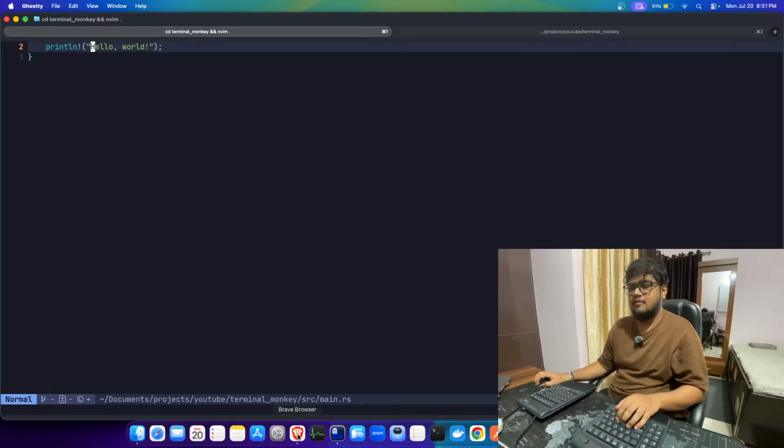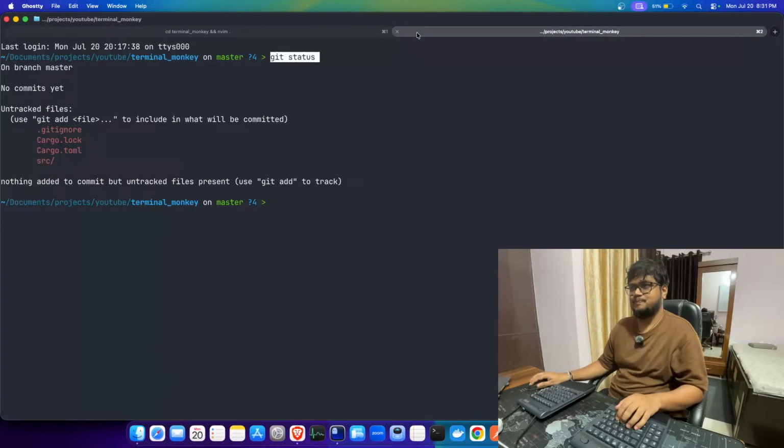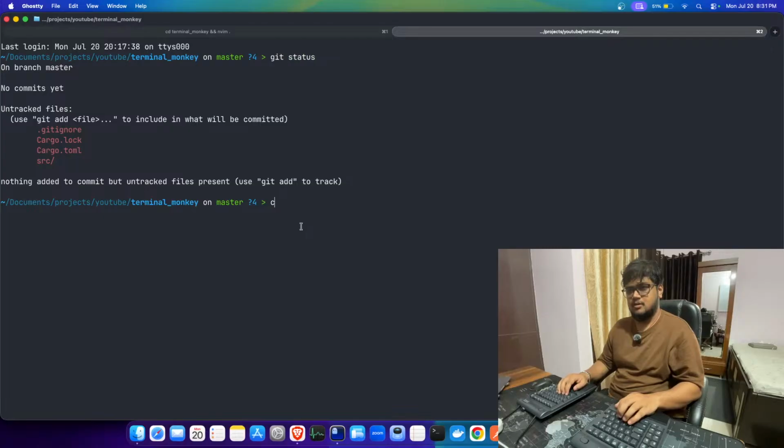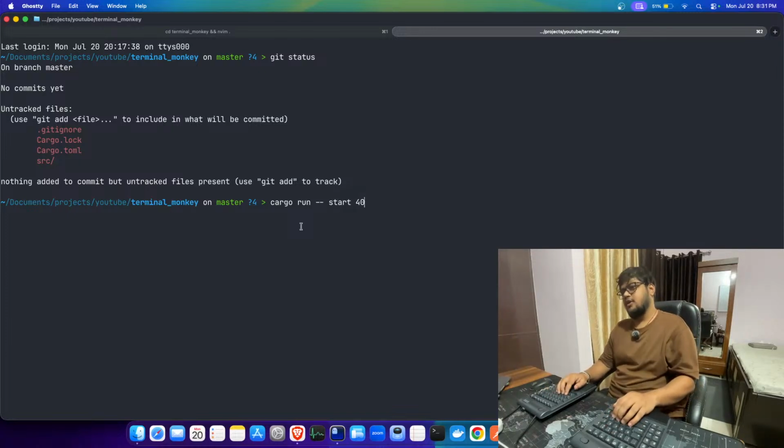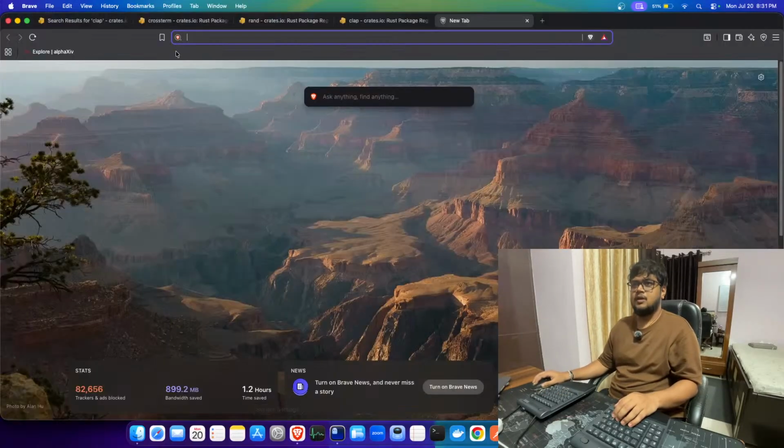Our command will look something like cargo run. I'll pass in the arguments like this. I'll say start, and I'll pass in a number, like 40, the number of words that I want to show. So let me just show you. If I go on Monkeytype,